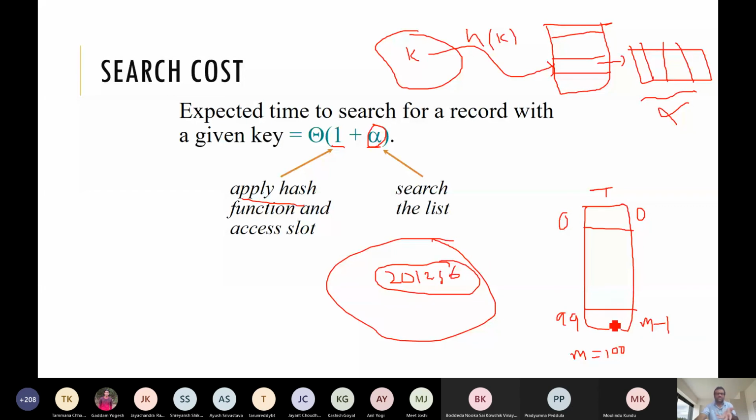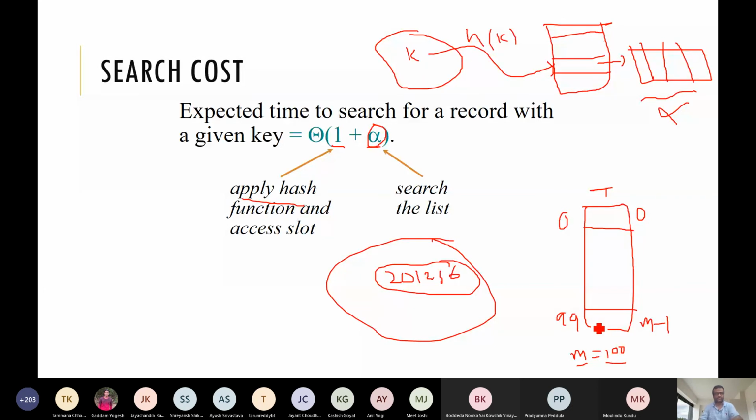So can you tell me a hash function? Mod operation. So you just take the key and do mod m. If you do mod 100, mod is basically the division, so the remainder will be 0 to 99. So that is one example of a hash function. In the next class we'll discuss whether this is a good hash function or bad hash function. So the hash function we need to construct. Once we have a hash function given, we just need to handle the data into this table. So that is our data structure, hashing.